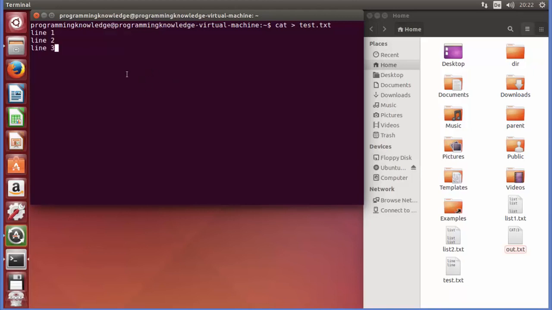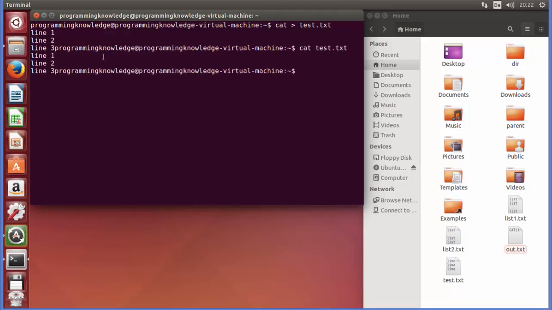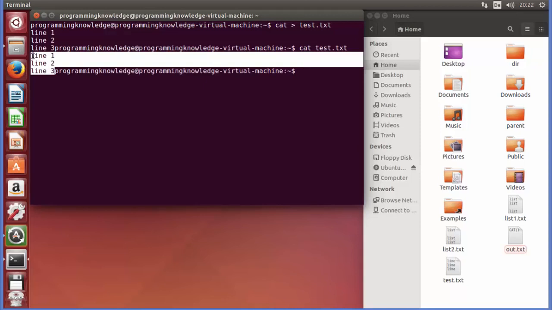And to show the end of the file, you just need to press Ctrl and D. So just press Ctrl D to indicate that this is the end of your file, and then you are out of this cat command. And let's see what's the content of this test file. So I can just cat this test file here, so just press enter and you can see the content of this